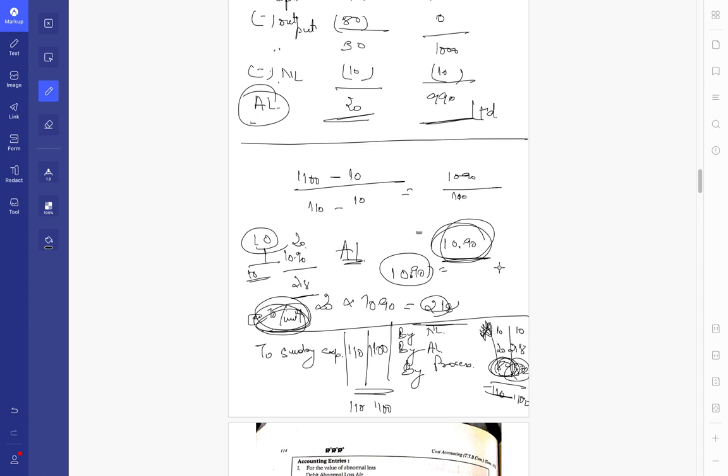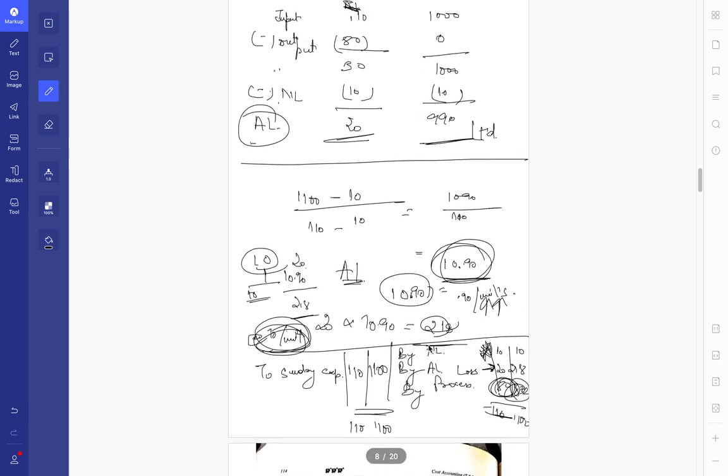Before we had lost those 10 units as normal loss, our cost would have remained the same. If we hadn't lost those 10 units, our cost would have remained nearly same. Now that we have lost additional 20 units, our cost has substantially increased to what? 10.9, that is by 90 paise per unit. Our cost has increased.